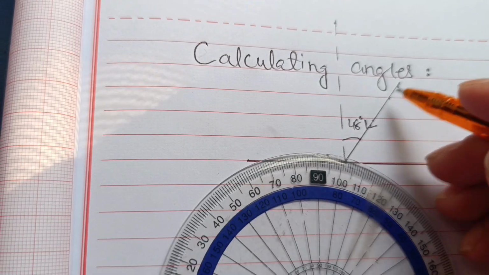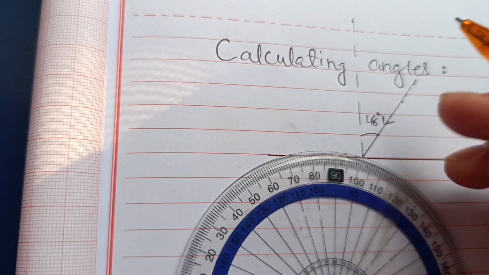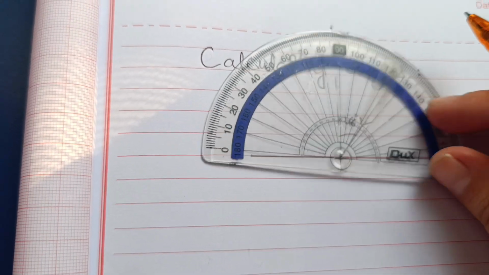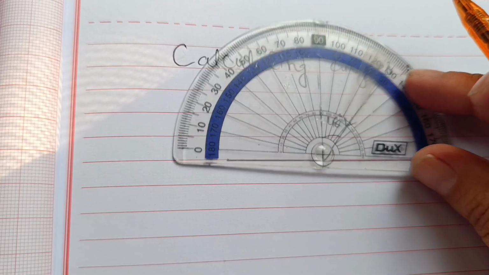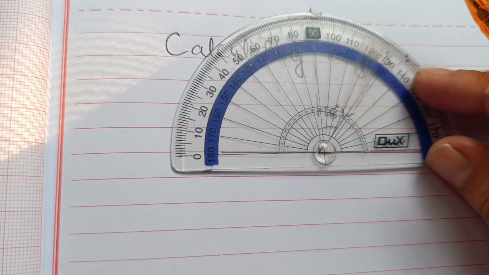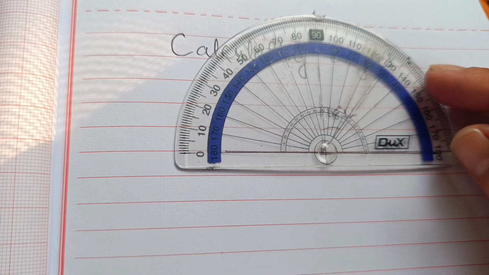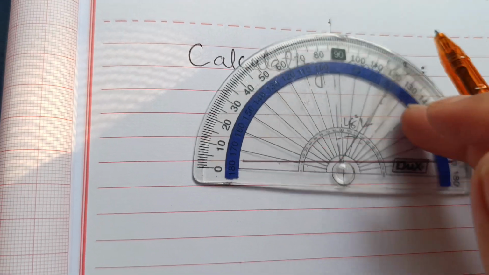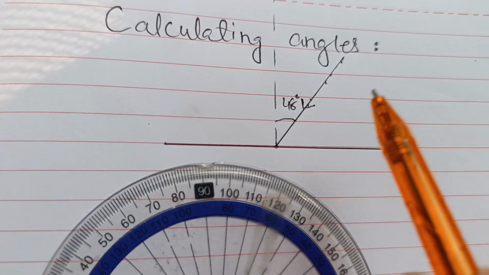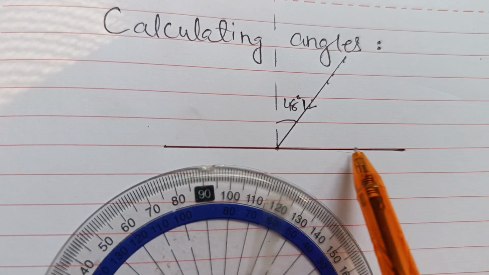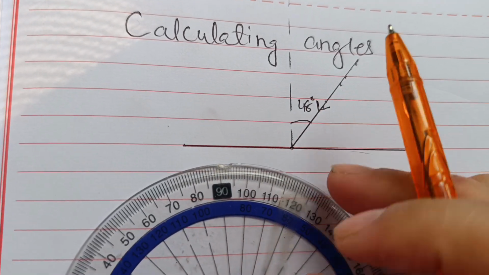Then you will measure the angle between the incident ray and the normal. How will you measure that angle? You can measure that in two ways. Either place the protector in the same way I placed it to draw the normal line, because in every diagram you will have two straight lines, okay? One is the normal line and one is the boundary.